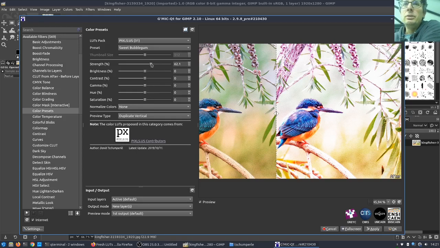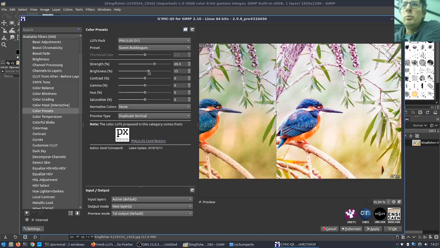And if you select a value between 0 and 100, it corresponds to the opacity of the blending mode of the blended image between the input and the image processed with the CLUT. Okay, so here I will lower a bit the effect.